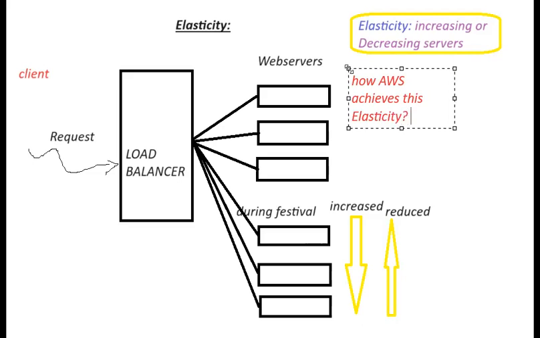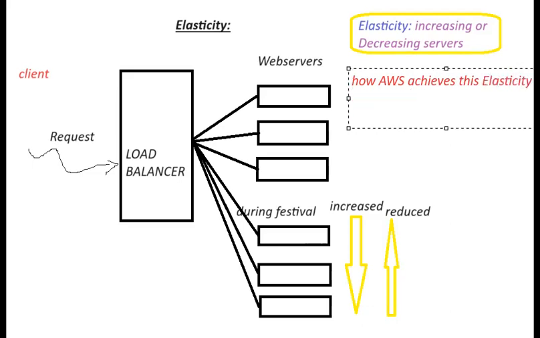That is the question now. How is AWS going to achieve this elasticity, sir? AWS is going to achieve this elasticity by using